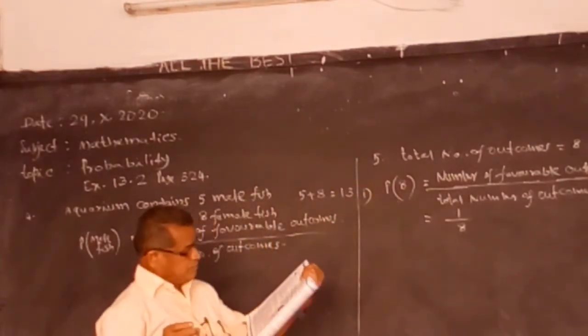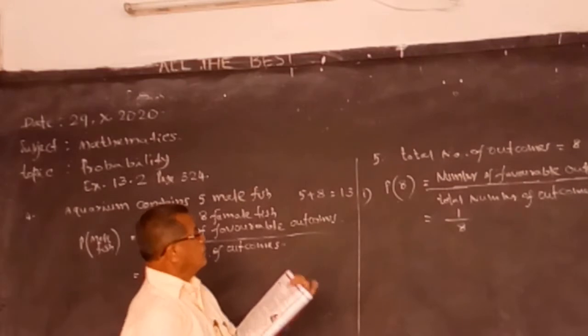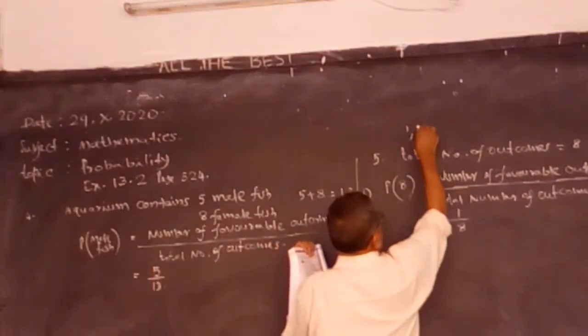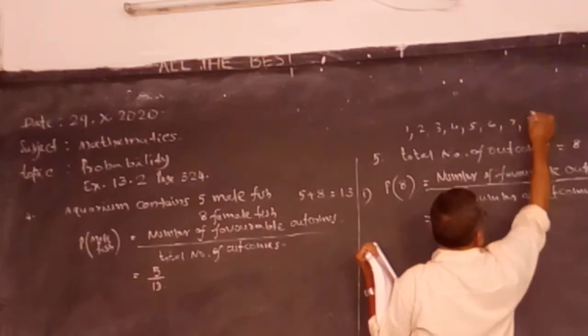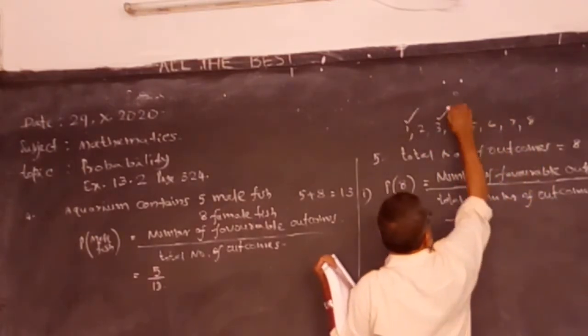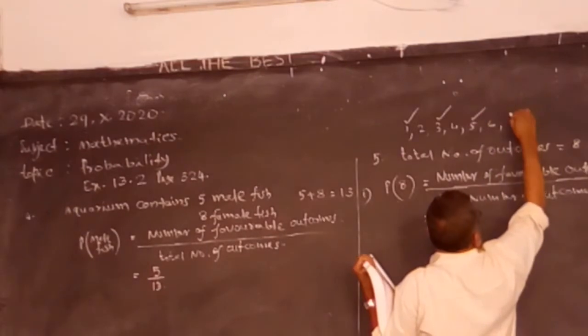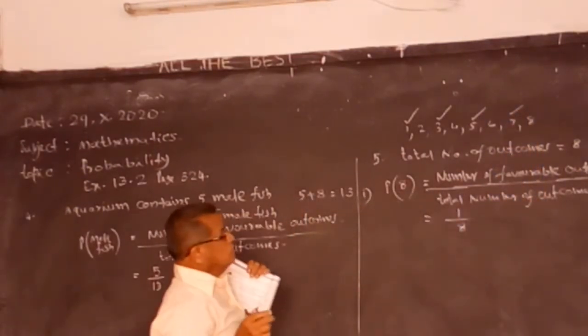And second question, an odd number. Among the numbers 1, 2, 3, 4, 5, 6, 7, 8, 1 is odd, 3 is odd, 5 is odd, 7 is odd. So there are